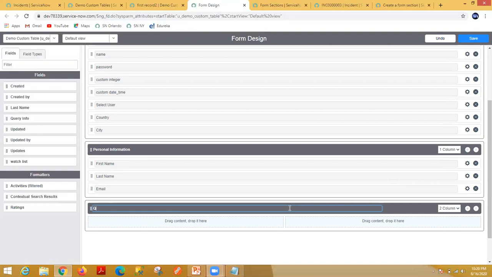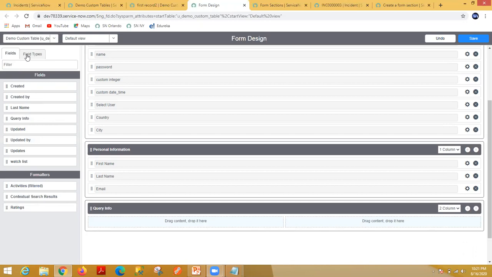query info. Okay, now what you can do, you can drop existing fields as well as you can create a new field as well. Okay, so let's say these are the available fields, right?